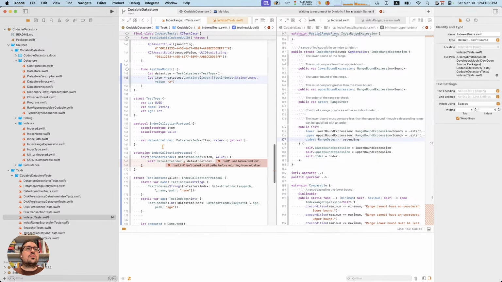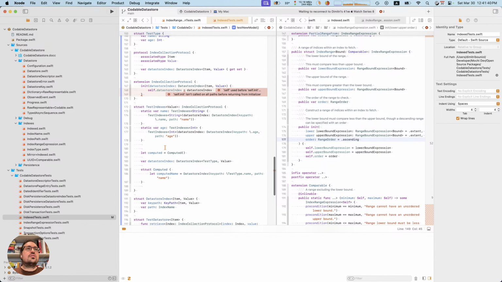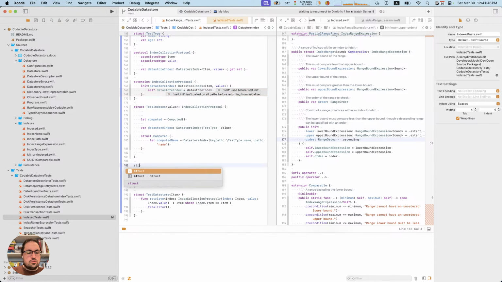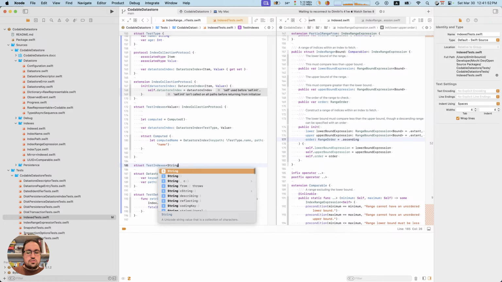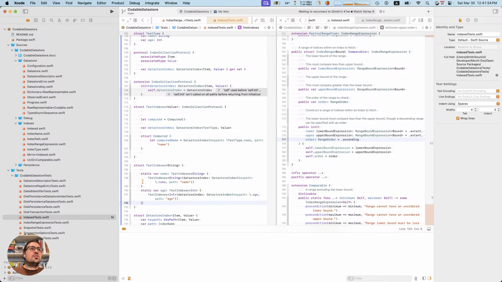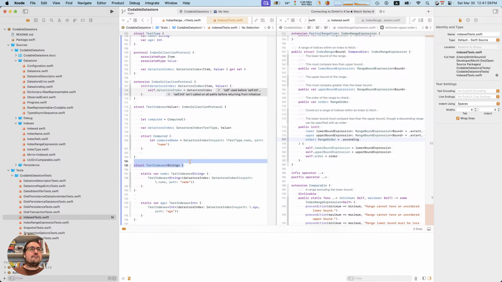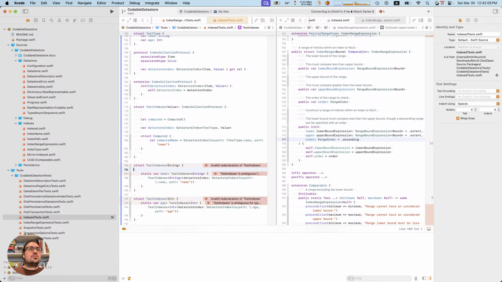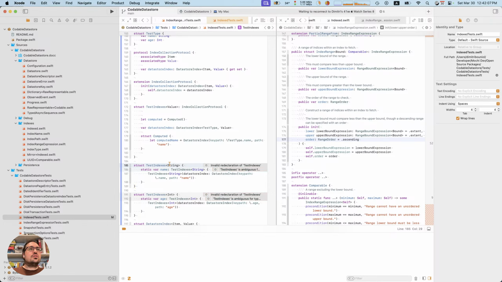Oh, I know. It's probably because I put these together. Struct tests indexes string. This is already turning into something I don't think is that great.